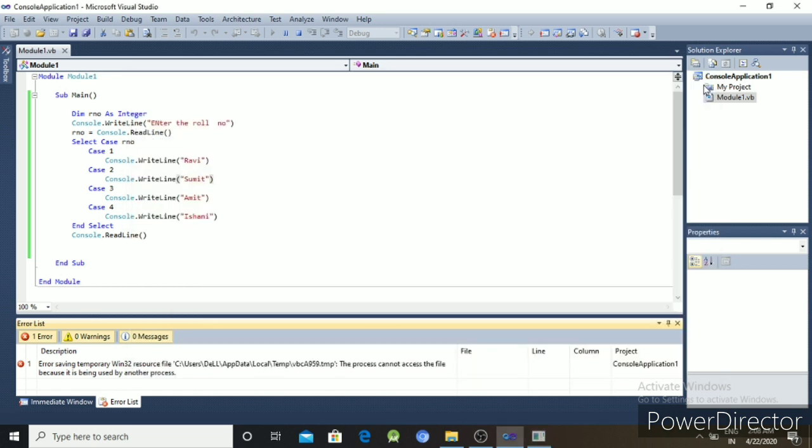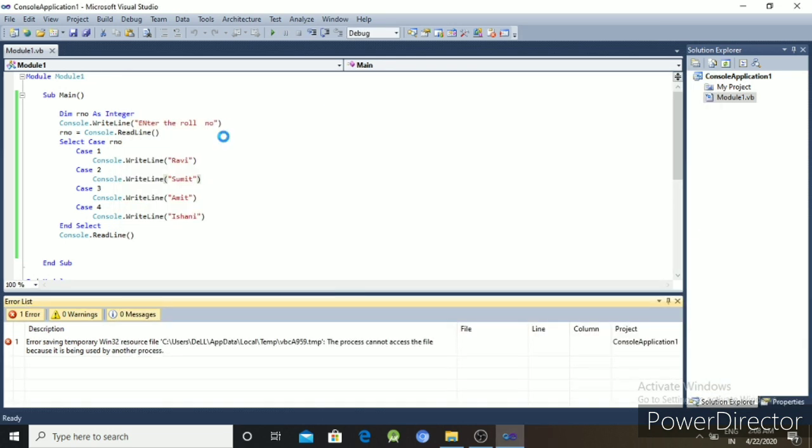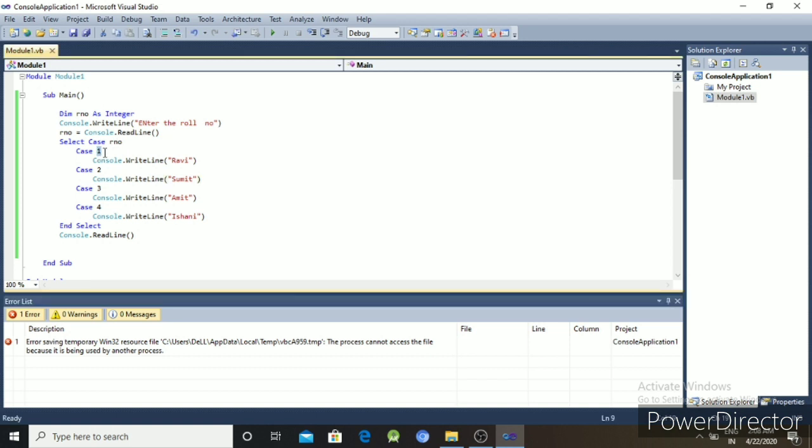So in this case the user enters 3, the case value is 3, directly matches and that particular block will be executed. And if the input does not match with any case value, the case else block will be executed.